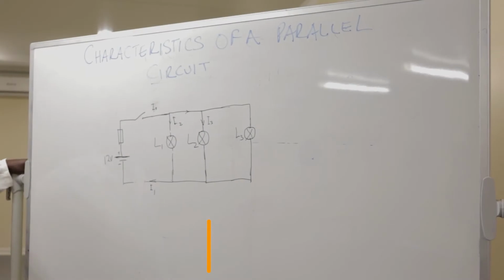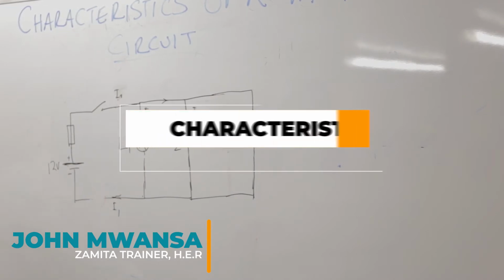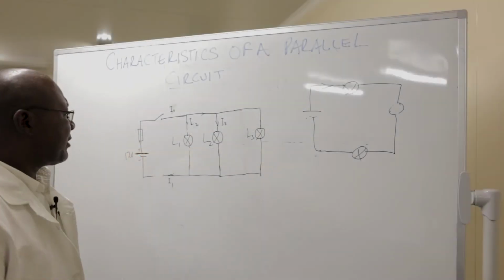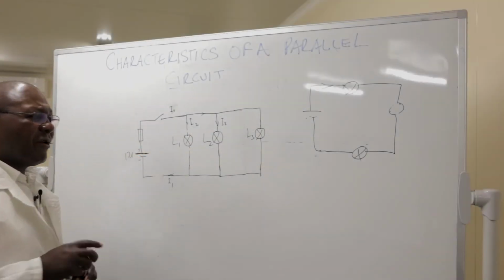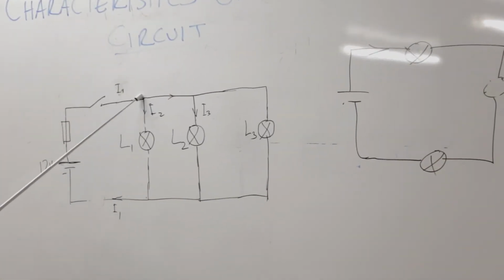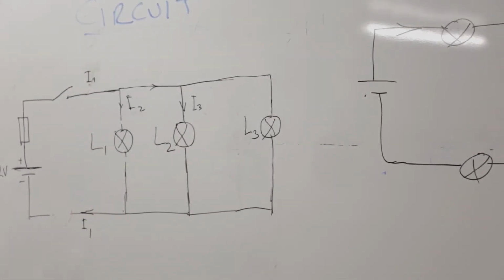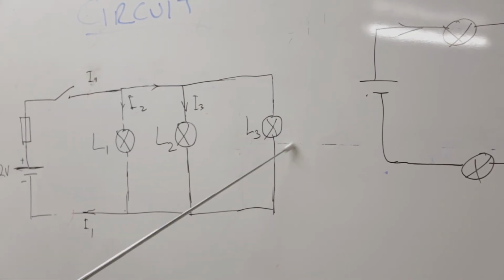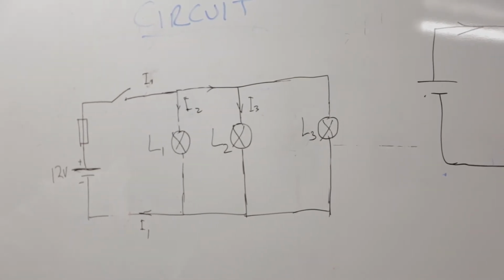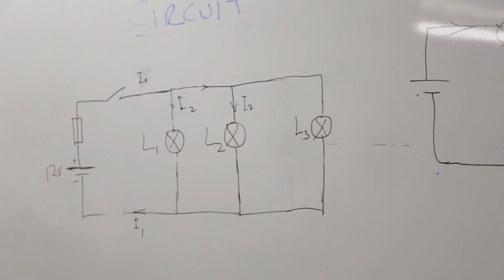I looked at a series circuit where all our loads were connected in series such that the current passage was only through one route. Now with the parallel circuit, we've got the passage of current from the battery, from the source. Part of it will go through there, some part will go there, and part of it will go through there. So in such a situation, if one of the bulbs failed, we'll have these two bulbs still working, isn't it? And if that bulb developed a fault, we still have these other two bulbs working. That's with the parallel circuit.